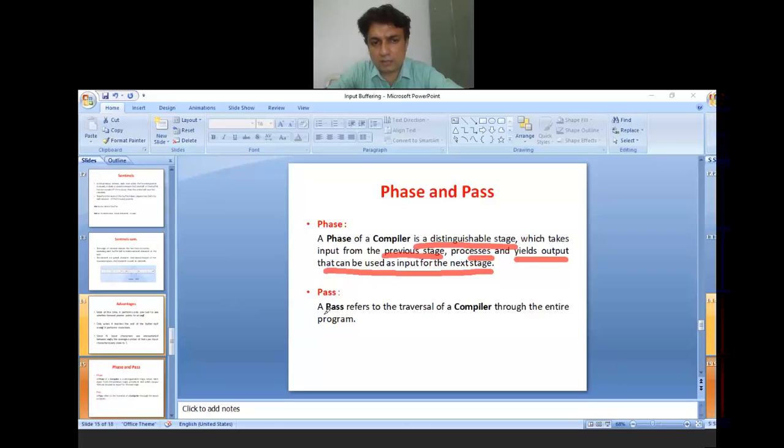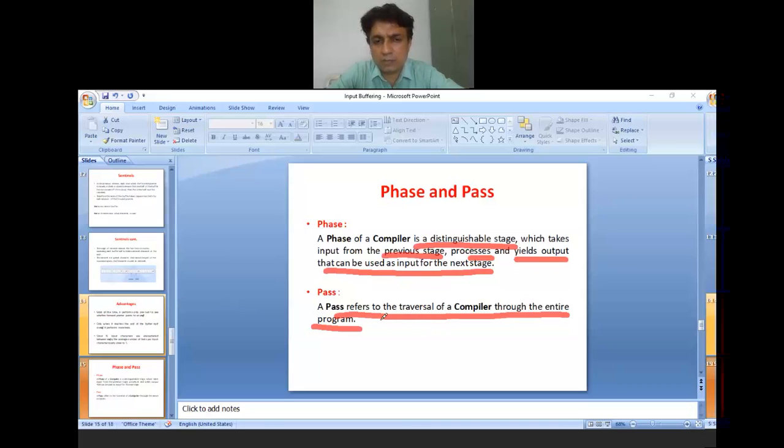The definition of pass is, a pass refers to the traversal of a compiler through the entire program. As we already studied in our first class, there are many types of compiler, like one pass compiler, two pass compiler, and multi-pass compilers.